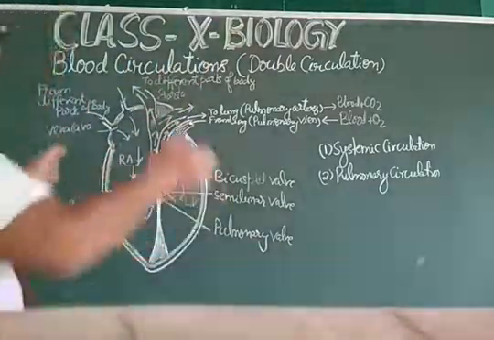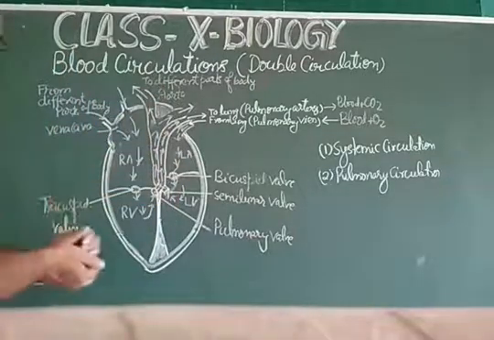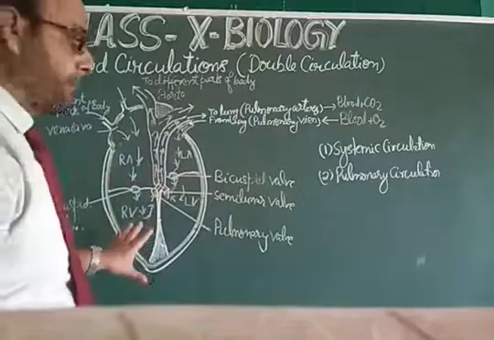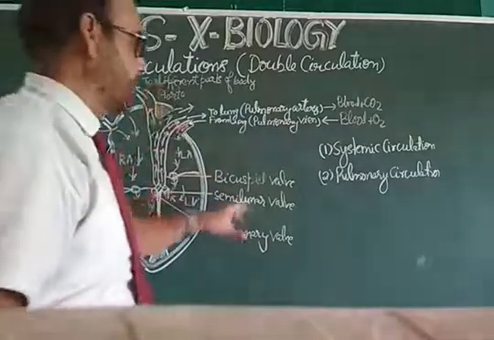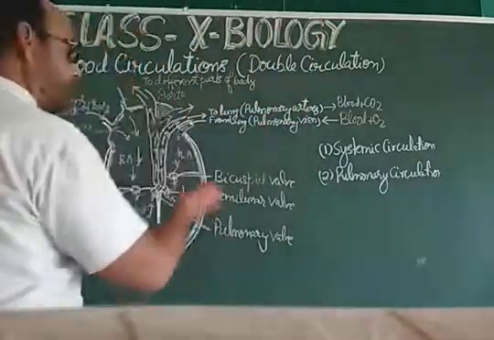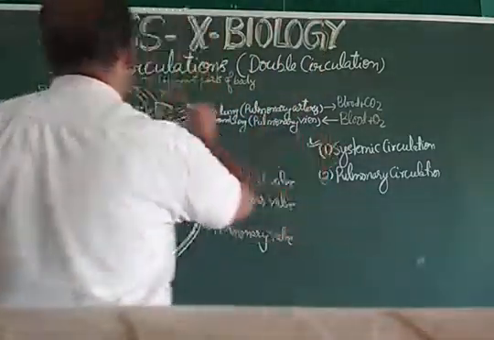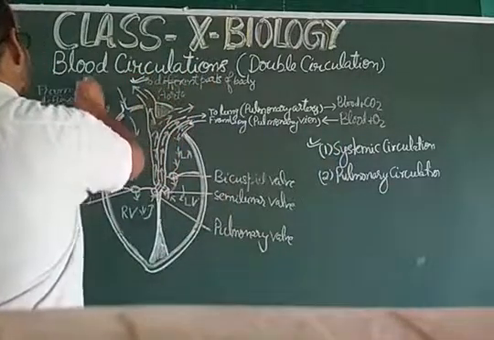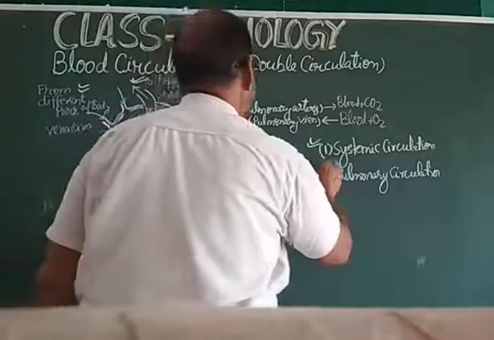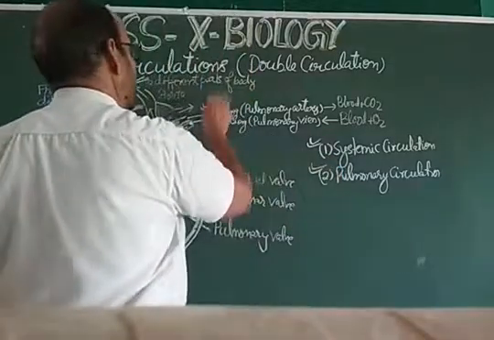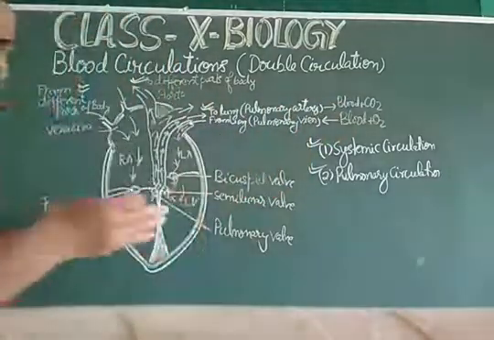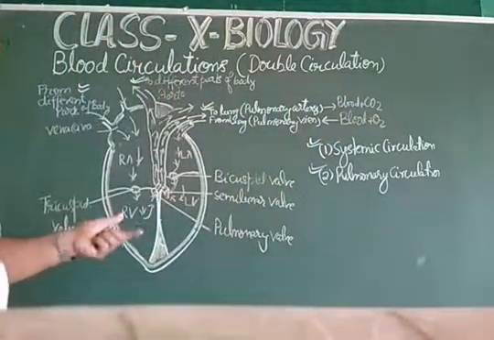So my dear students, this is the double circulation or blood circulation as well as the internal structure of the heart, which is having the four chambers. So you have to learn this double circulation, which is one that is systemic circulation, and the pulmonary circulation. That blood is going to the lung and blood is coming from the lung to the heart. So the phenomenon is very simple, you have to learn it.